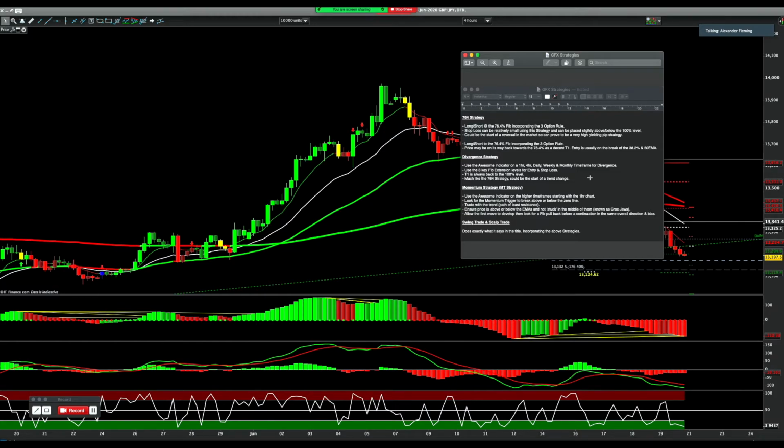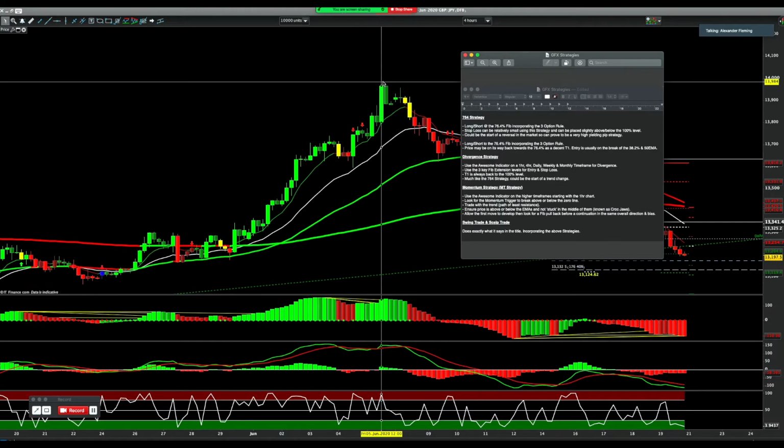And then with the awesome indicator, you use it on a 1 hour, 4 hour, daily, weekly, monthly time frame, looking for the divergence. You're using the 3 key fib extension levels for entry and stop loss. So if you were shorting off the 161, you'd put your stop above the 176. Sometimes it can really help, as you say, okay, I only need to risk like 20 or 30 pips, because the stop's so small, because you're pretty much getting in at the right level. Your entry is what you often hear people call a sniper entry, because you've gotten in at the right time. When you see people getting in at the right time, it's like, how did they know it was going to turn there? Well,